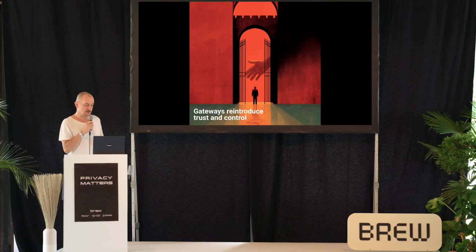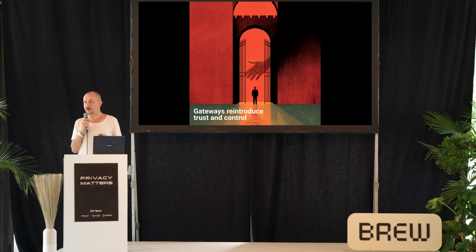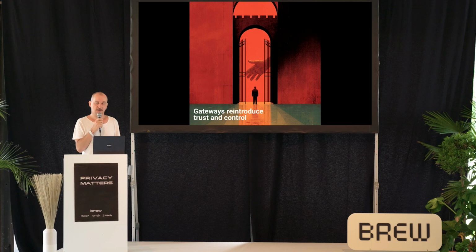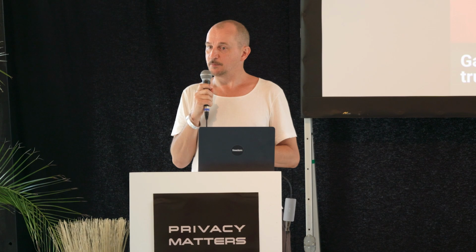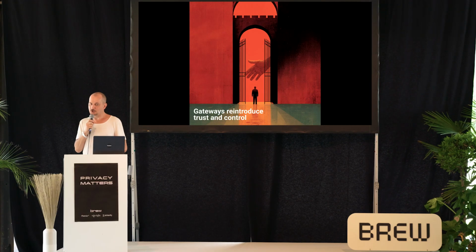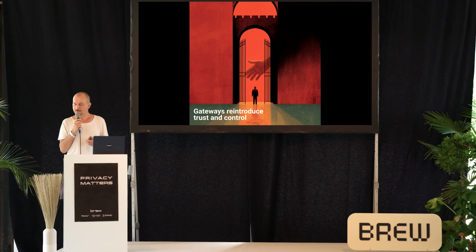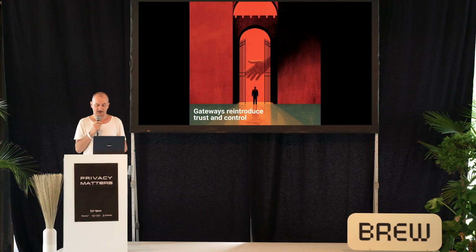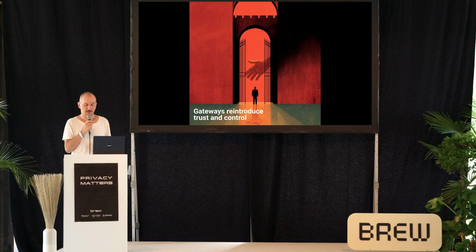Gateways are not just fragile, they also reintroduce trust and control, and by that, a lot of power. So if you run a gateway to a decentralized network, you can filter out things, and we see this with existing gateways for the decentralized web, that they are approached by law enforcement as well, for various reasons, most of them very good reasons, but you then need to comply and censor. If you don't have a big legal department, you need to give in to these control mechanisms that already exist in centralized infrastructure. So the gatekeepers are coming back.